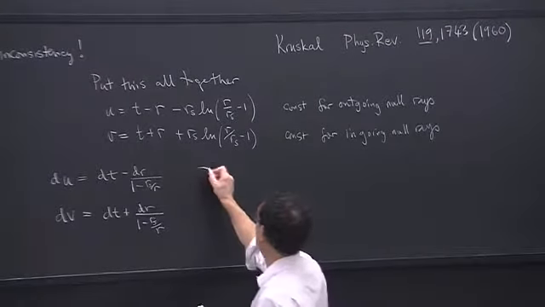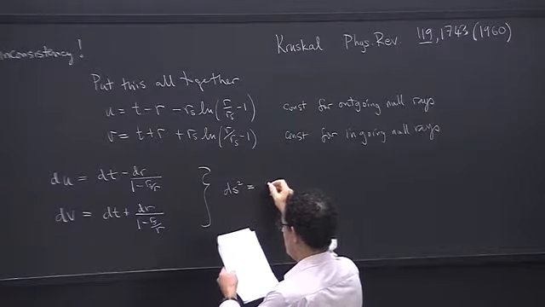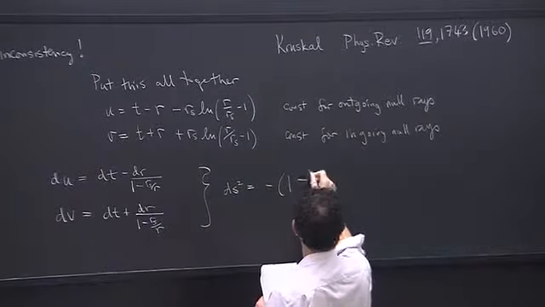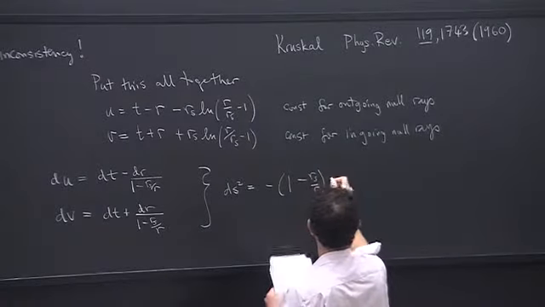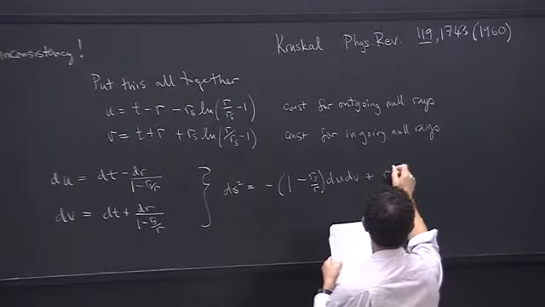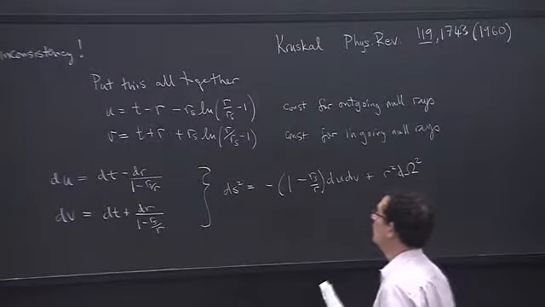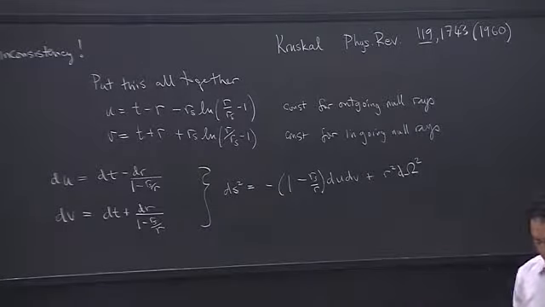And so the line element is equal to minus 1 minus rs over r du dv plus r squared d omega squared. So it doesn't look so different